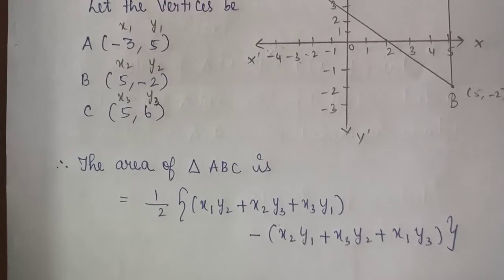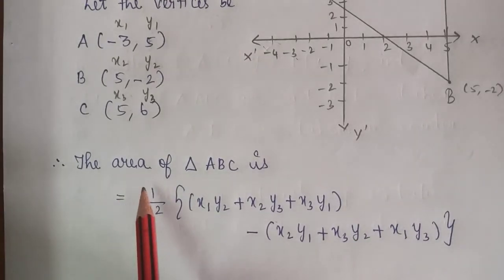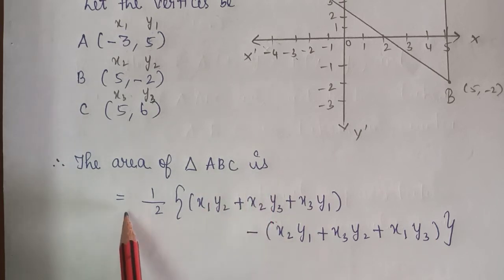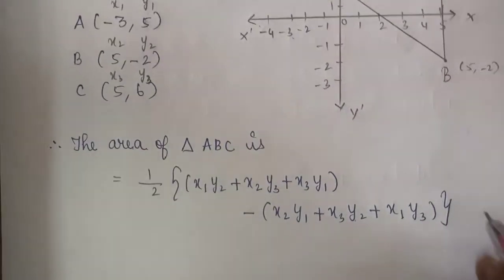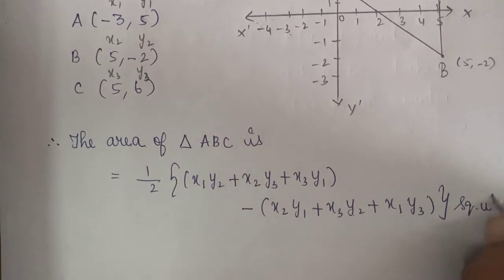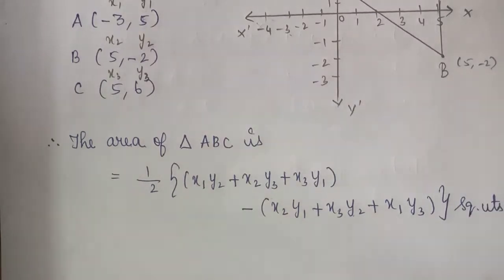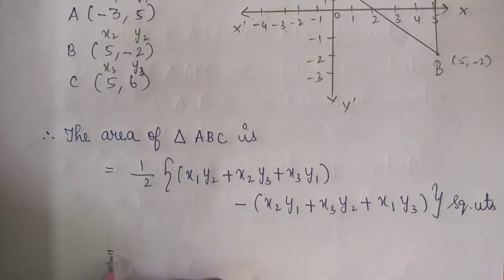So next what you are going to do is find the area of a triangle. So area of a triangle ABC is equal to 1 by 2 into x1 y2 plus x2 y3 plus x3 y1 minus x2 y1 plus x3 y2 plus x1 y3 square units. So the next step is you are going to substitute the values, which is equal to 1 by 2 into